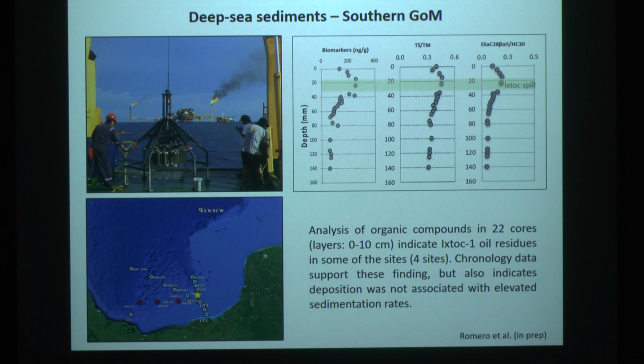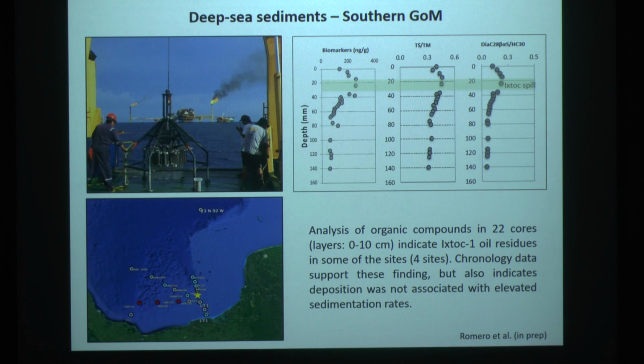And it was work conducted by Shoimin and his students. We used the trajectory of the oil surface slicks to look at these cores. We did all our chemistry, and also to point out, the yellow star shows exactly where the Ixtoc-1 spill occurred in 1979. We were very lucky to get a permit to get into that exclusion zone to collect sediments just there. And so we did all our chemistry,